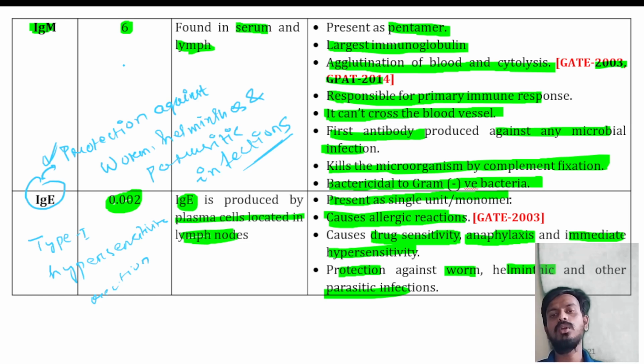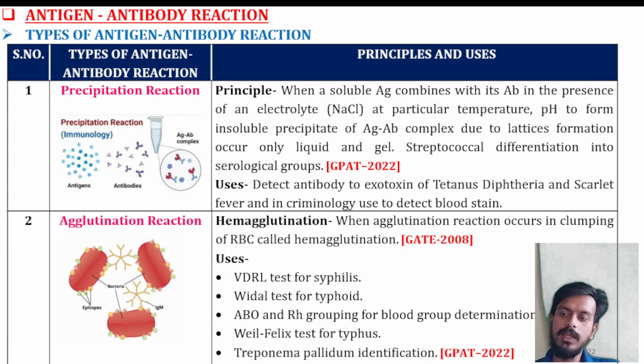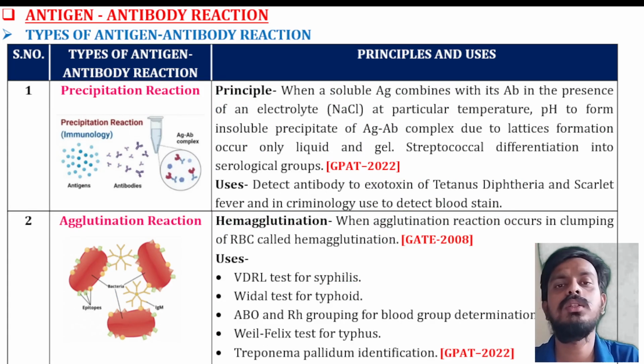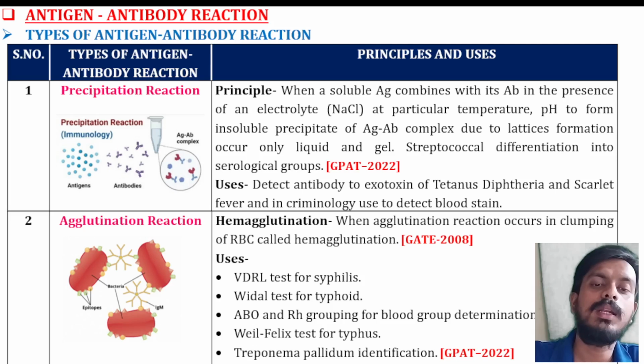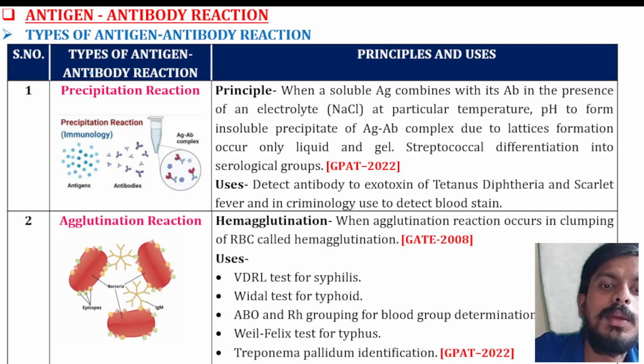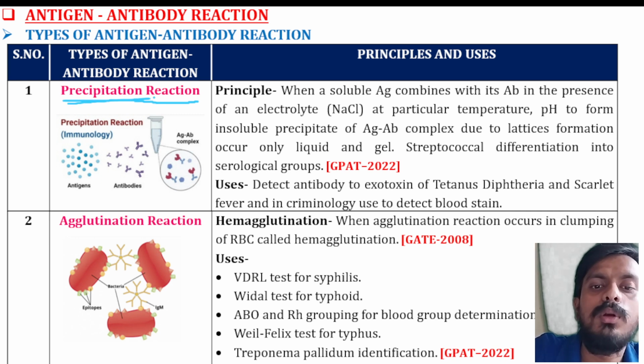So these are the different types of immunoglobulins and their functions in our body. These immunoglobulins provide various functions in our body by showing their protective effect. Next we'll talk about antigen antibody reaction. So what is an antigen antibody reaction? How can you distinguish between antigen antibody reactions? First is the precipitation reaction. There will be formation of a precipitate, and from that precipitate we will be able to find